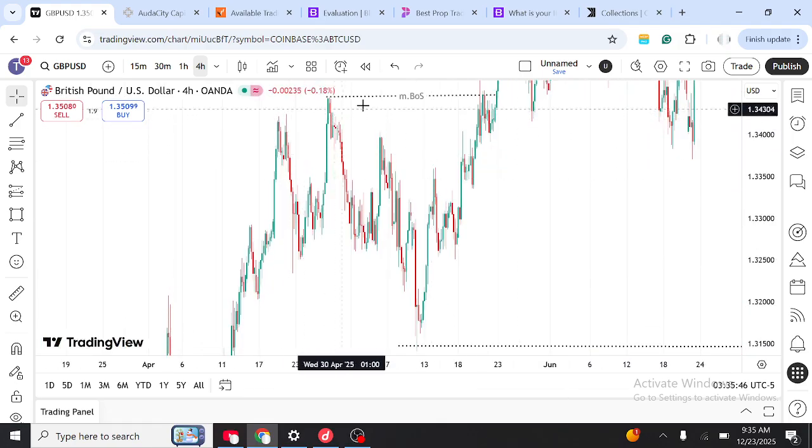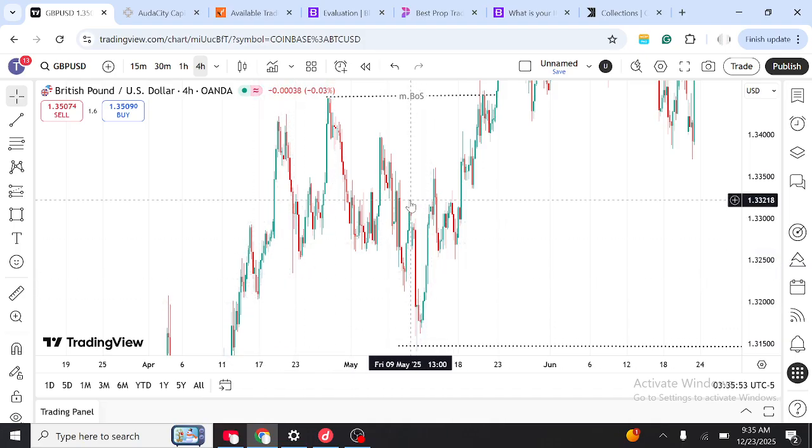The same thing here. This is minor, this is major. Then we have the sweep of liquidity. We have two minor here. This is when the change of character happens. So when that occurs on 4 hours time frame, then we go to what, 15-minute time frame to look for entry. To look for entry. So here the first rule is that when a reversal of liquidity wants to be traded,